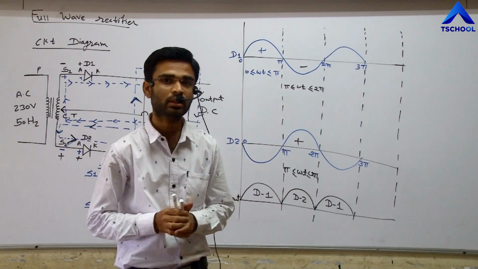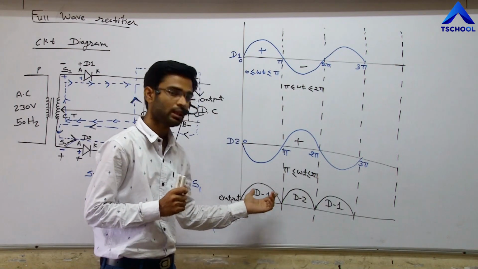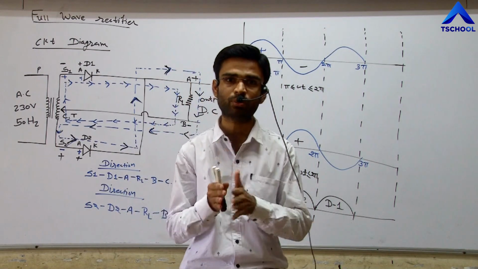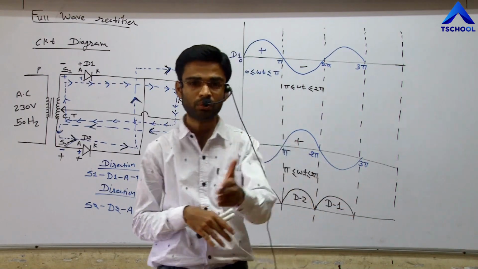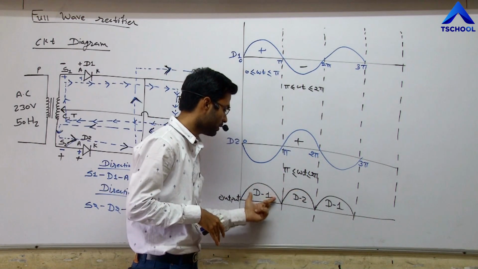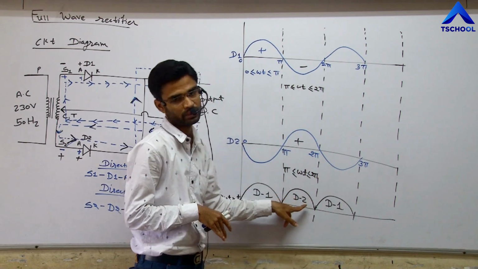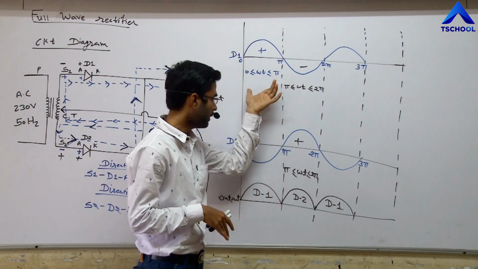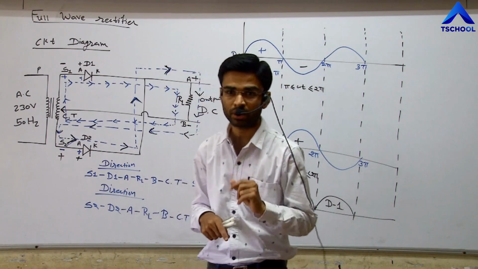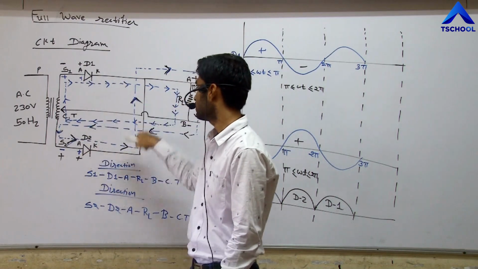Now in this way we resolve the problem faced in the half wave rectifier. In the half wave rectifier we got the output only during the first positive half cycle. In the full wave rectifier we have seen that we got the output continuously, during the first positive half cycle as well as during the second half cycle. The first is due to diode D1 and the second due to diode D2, by connecting two diodes in forward bias mode.